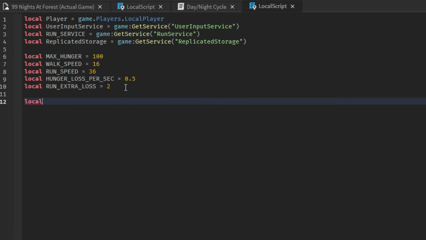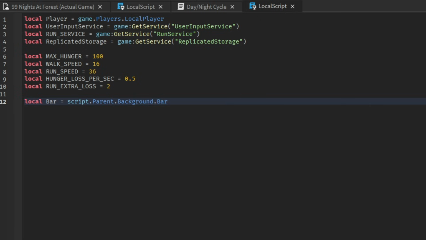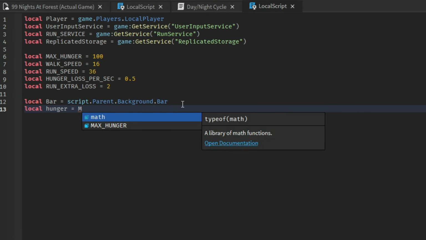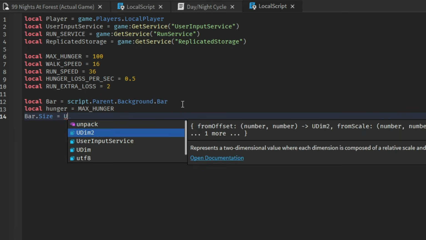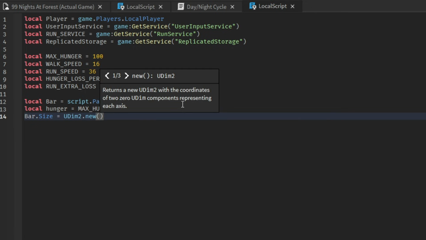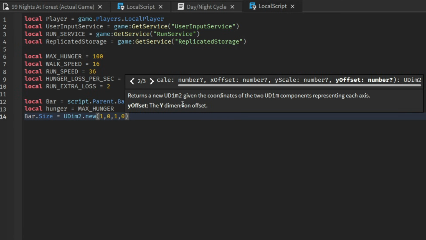And then local bar is equal to script.Parent.Background.Bar. Okay, and make sure you have named everything exactly as I named it, otherwise the script won't work. And after that, local hunger is equal to max hunger, and after that bar.Size is equal to UDim2.new(1, 0, 1, 0), just like that, and then hit the enter key